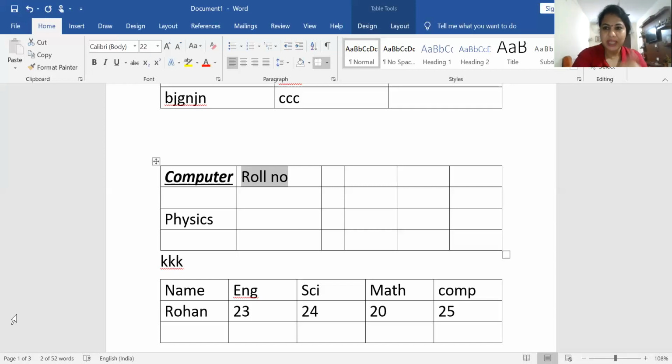Okay, so I think this much is sufficient. You learned how to create a table by four different methods: using the grid, insert table, draw table, and quick table. Next you learned how to enter data into the table by typing, and third, how to select the rows, columns, and entire table. And last, how to select a particular word. So selection is for doing the formatting or designing.